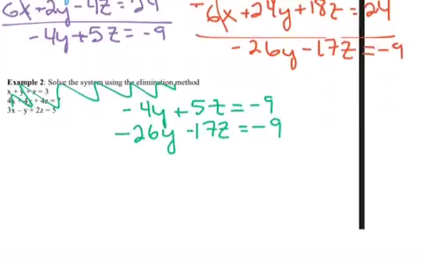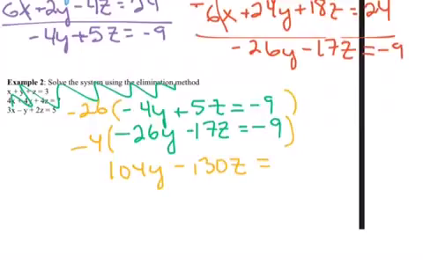So now in this case, I'm going to have to multiply both of them because I can't just do one. So I'm going to multiply this one by the 26 and this one by the 4, or I guess negative. All right, so when I do that, I've got 26 times 4, so that gives me 104y minus 5 times 26. That's going to be negative, so minus 130z. 26 times 9 equals 234. For the second one, I get 104y again, plus 17 times 4 is 68,